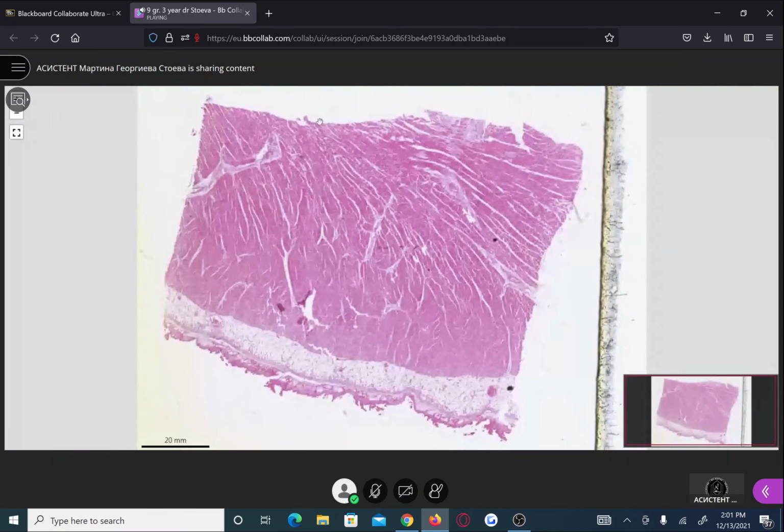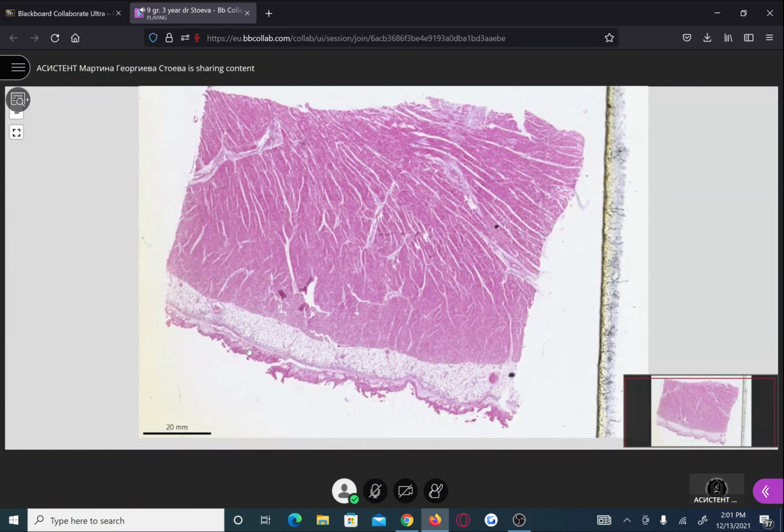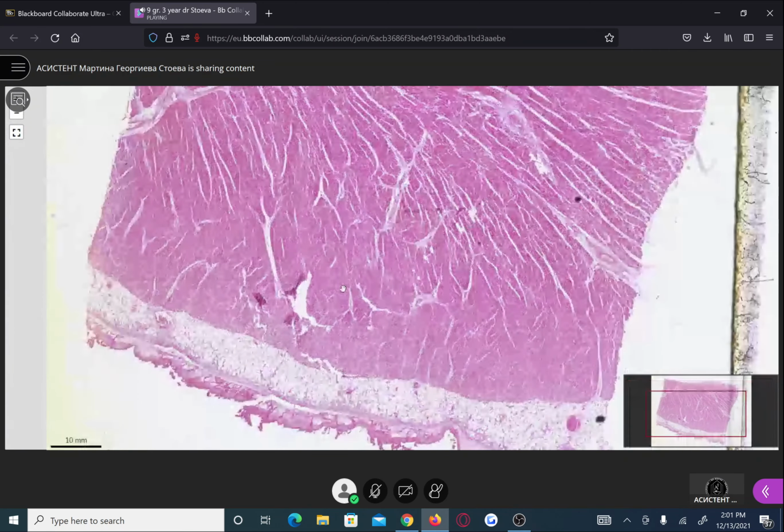The next slide is number 23, fibrinous pericarditis. In the morning, we already discussed the localized fibrinous pericarditis, which was over an area of myocardial infarction. But here in the myocardium,